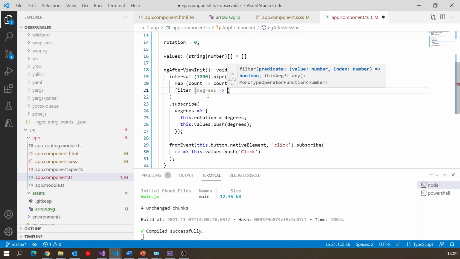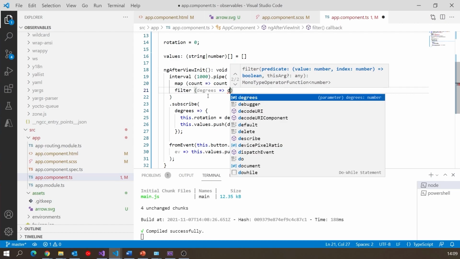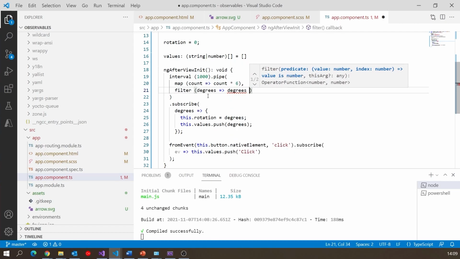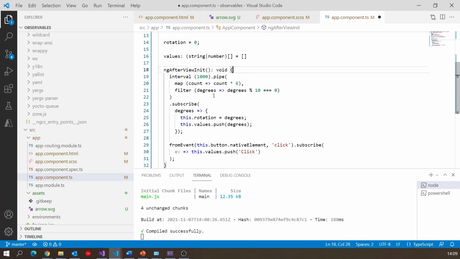So if we do something silly like say we're only going to match this if the degrees are divisible by 10, then we could say degrees modulus 10, and only if that equals 0 are we going to allow these through. So that will mean we've firstly done the conversion, but then we filter it so that only if that is true do we get the result.